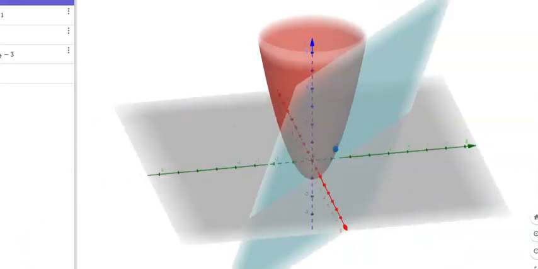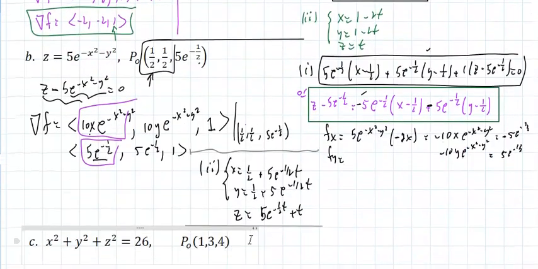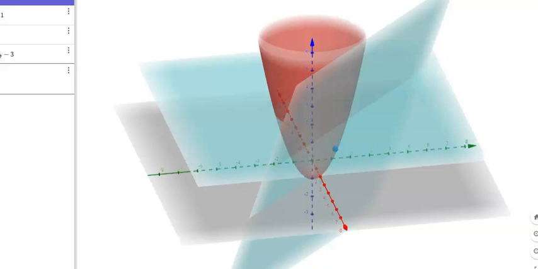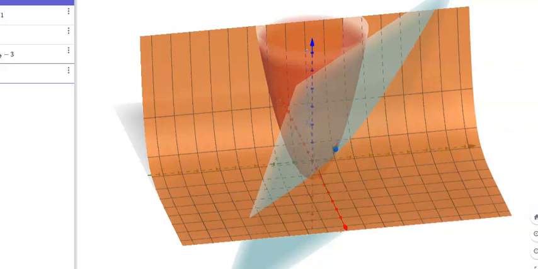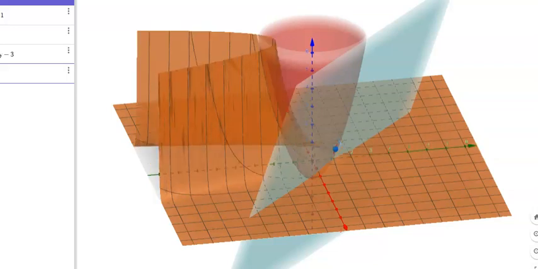Alright, I could graph the other one, but you know those things take time, and time is something we don't have. And it could be something messy, but the calculator could graph that easily. 5e to the negative x squared minus y squared. You could do that easily on the actual graph. Z equal e raised to the negative x squared minus y squared,